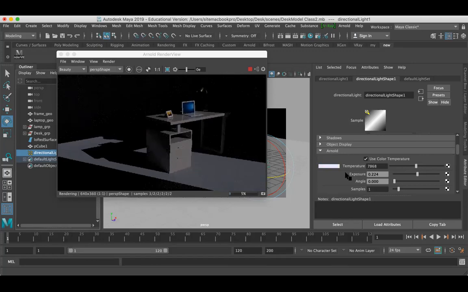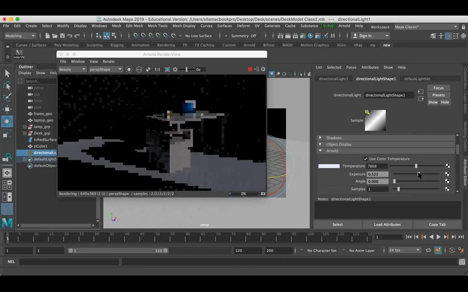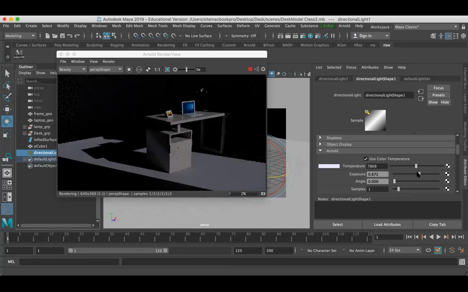So the value. Here I'm just going to work with the exposure. Exposure is too low, so I want to increase it. Yeah, exposure is fine.